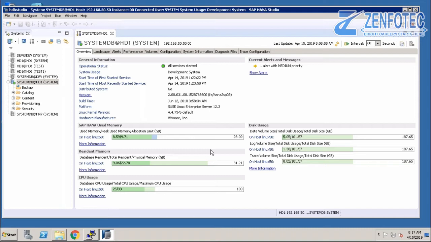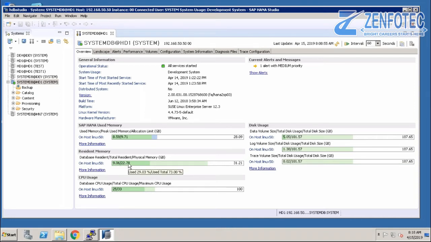The memory used by HANA processes and the other processes together is the resident memory. Currently I have 31.21 GB assigned as physical memory, and out of that 9.06 is used. It includes your HANA used memory plus OS used memory, and 22 is the peak use.